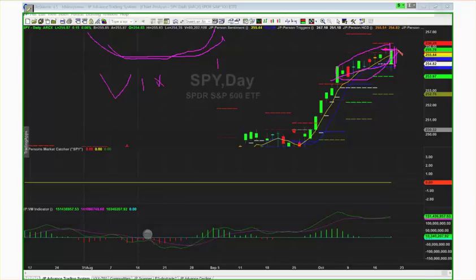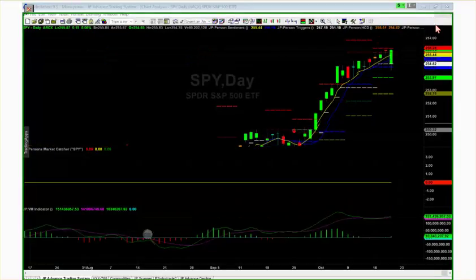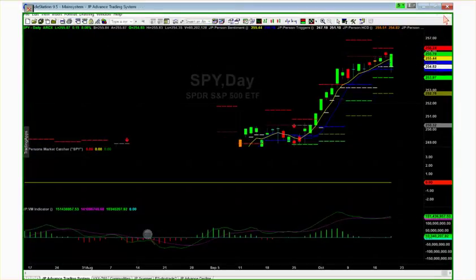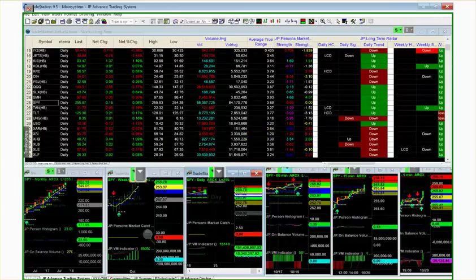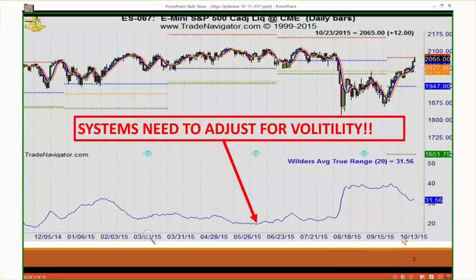But we are seeing a little shot of volatility. Now, it's ironic that we just started noticing that the VIX has been popping up, and then all of a sudden it's the first day that we got a pretty wide range trading session. So that's very important, and that's good analysis. What does that also do for us? It also puts us on guard, and then I wanted to share with you guys, as we get into system trading, how we need to adjust for volatility, because that's the whole point.